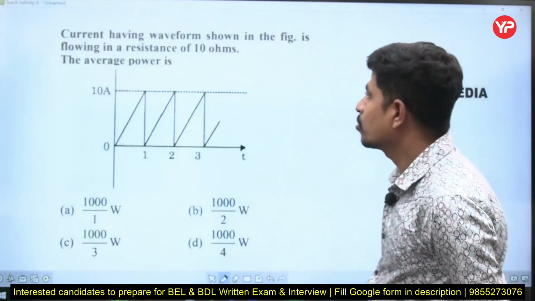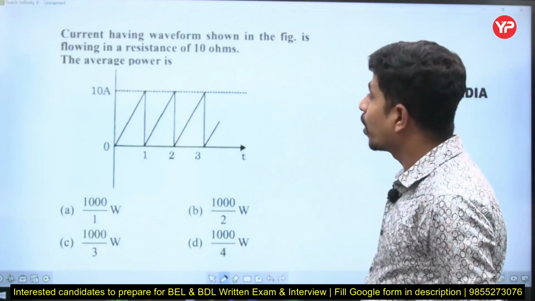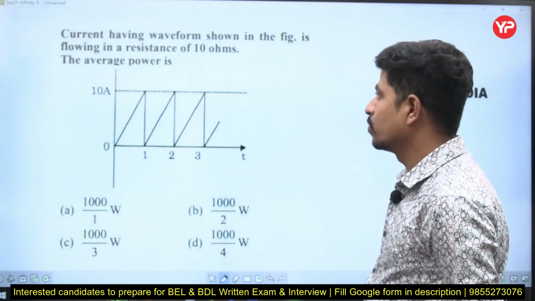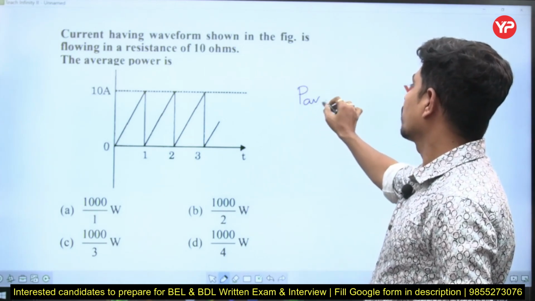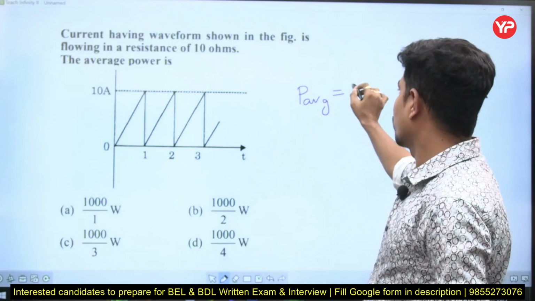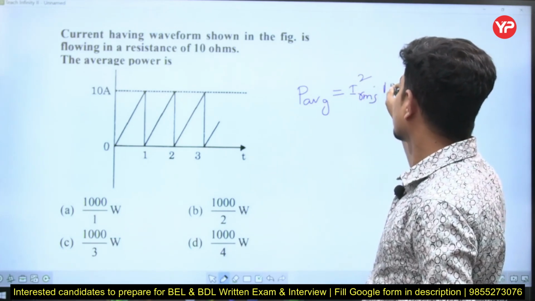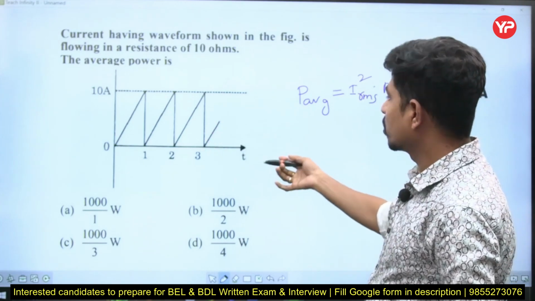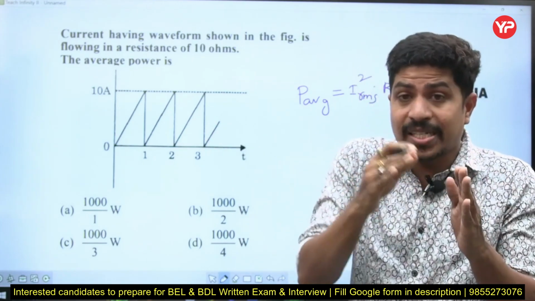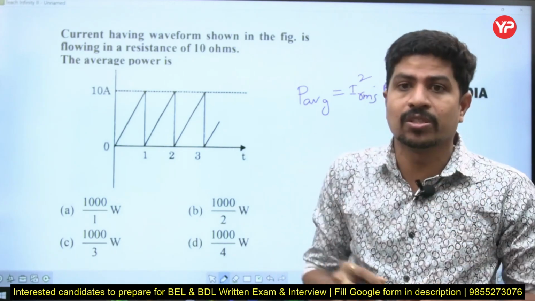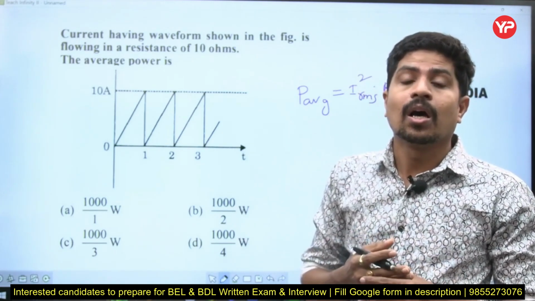Yeah. Now this question is, current having waveform shown in figure is flowing through a resistance of 10 ohms. The average power is. Power, whatever may be the shape of the waveform, average power depends upon I RMS square into the resistance value. What is the RMS value of this one? I have given you a triangular waveform, whatever may be the shape. If it is a continuous waveform without any discontinuities, whatever may be the shape, RMS value will be maximum value